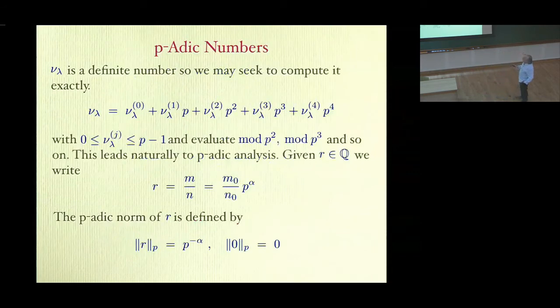Now, if you want to do more, you can expand this number. You want it exactly. You can expand it as the number mod p, this is the number we've just talked about, plus you can expand it in base p. So you can write it as plus nu1 times p, plus nu2 times p squared, up to nu4 times p to the 4th. If you get there, you're done, right? There are less than p to the 5th points. So if you can find these coefficients, you're done with calculating the number of points.